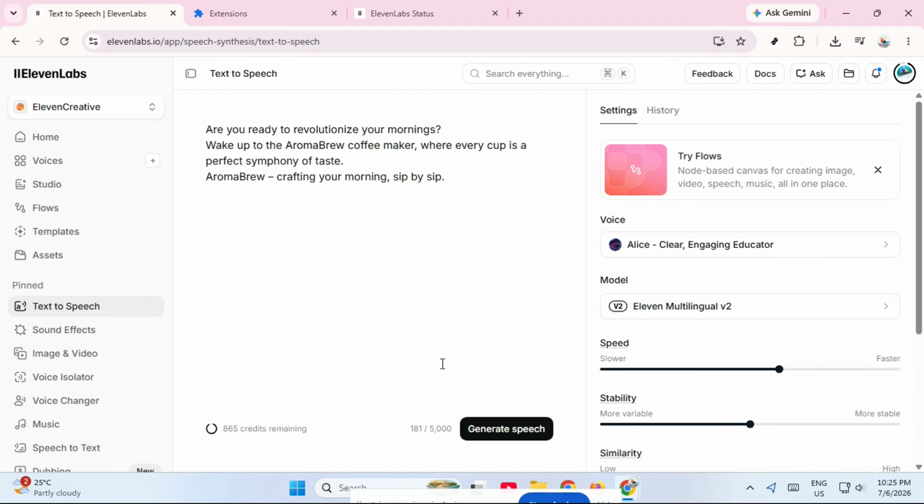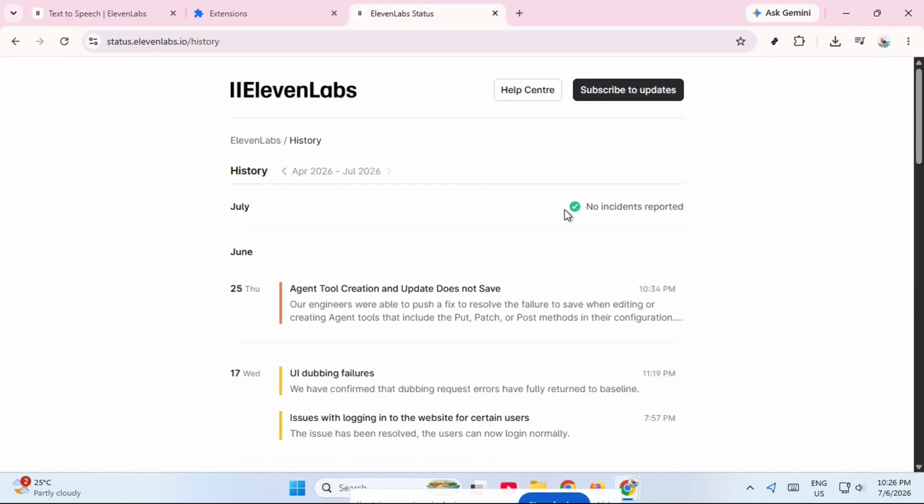Now, if the problem still continues, the third thing you need to check is whether ElevenLabs is having server issues. Sometimes the error is not caused by your text or your account at all. It can be a temporary outage, maintenance window, or a general service disruption on the ElevenLabs side. To check that, go to status.elevenlabs.io/history and look at the service status history. This page will show you whether there have been recent outages or ongoing problems that could explain the error. If the servers are down, then the best solution is simply to wait and try again later once the service